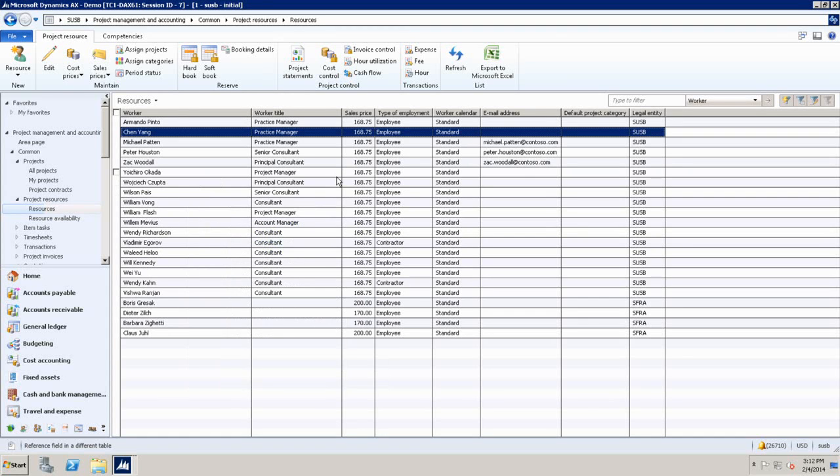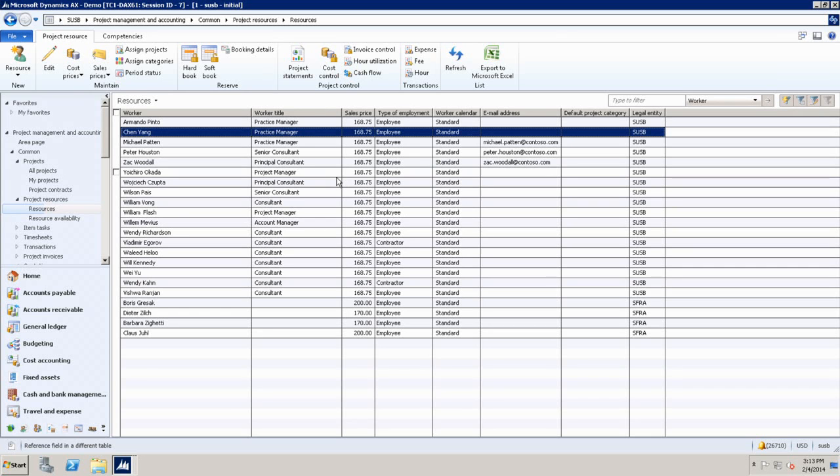Any other question before I go to the next? Yes? What is feeding that table? Like, which employees are selected? These are workers that are hired by the legal entity that you are in. So it's all employees? The picker, yes, is all workers in the current LE.